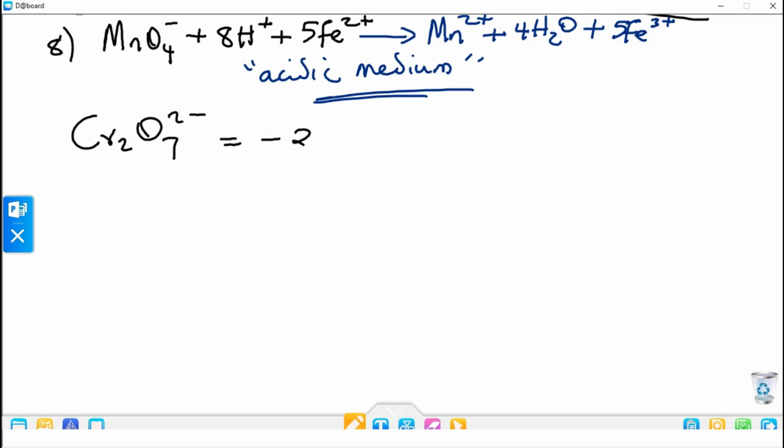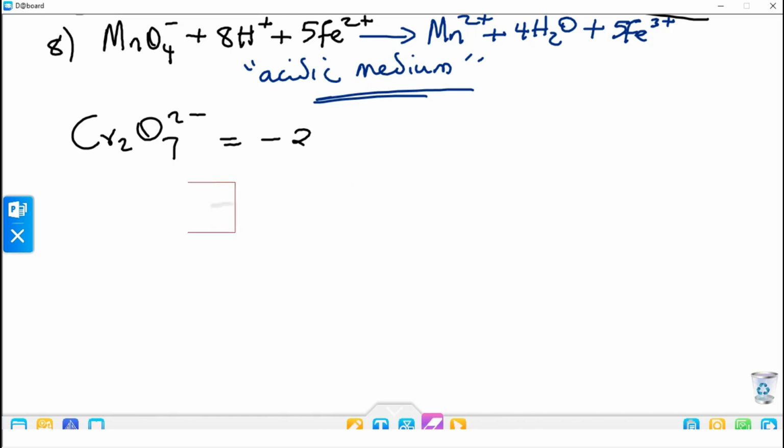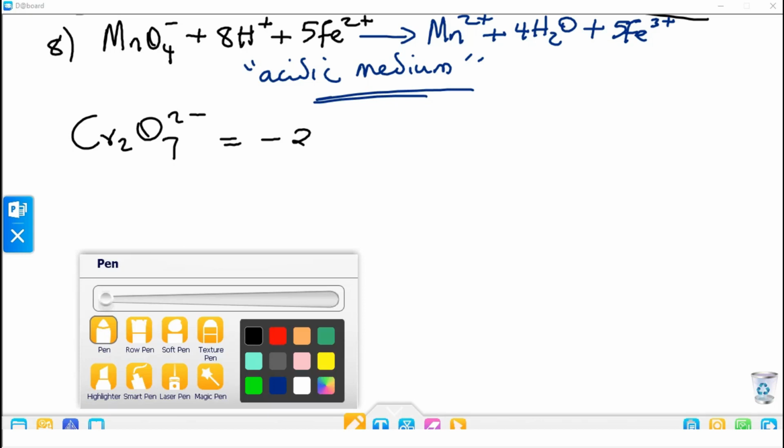But when it's a compound like CaCO3 and you are asked to find the oxidation number of any of these atoms, any of the elements here, then what you need to do is to just equate to 0. And then you can use the known to find the unknown. That is for compounds. But when it is a radical that has charge, then we equate everything to the charge it has. So in this case, chromium